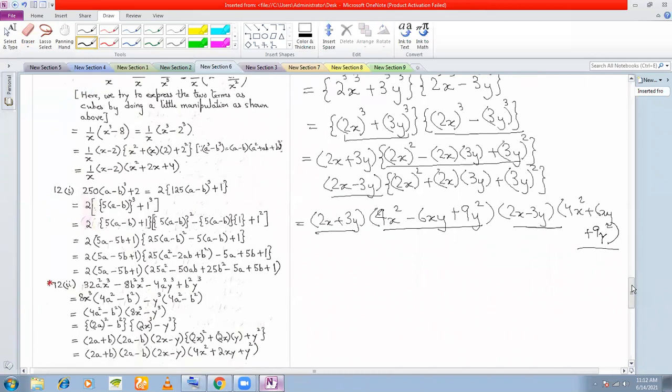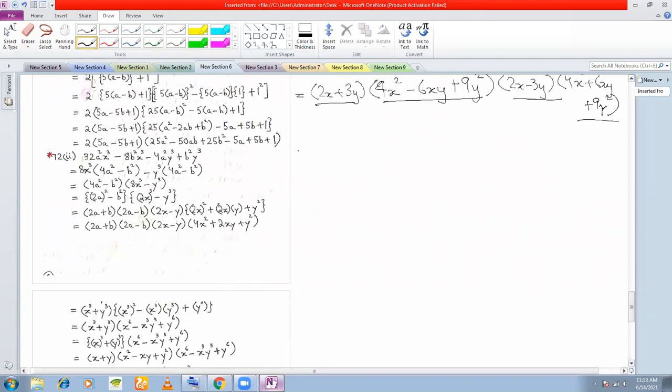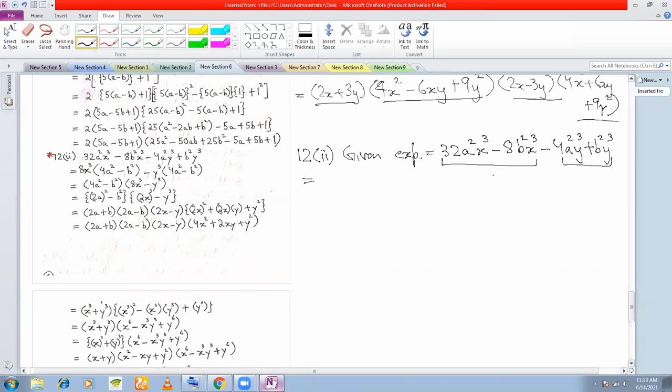Okay, we'll just start with the next one. 12(2). Given expression is 32 a square x cube minus 8 b square x cube minus 4 a square y cube plus b square y cube. Now we'll try in order to factorize, see that there are 4 terms here, right? Now whenever there are 4 terms, we always try to group the terms as much as possible. Okay, so if I group these 2 terms together and if I group these 2 terms together, then what will